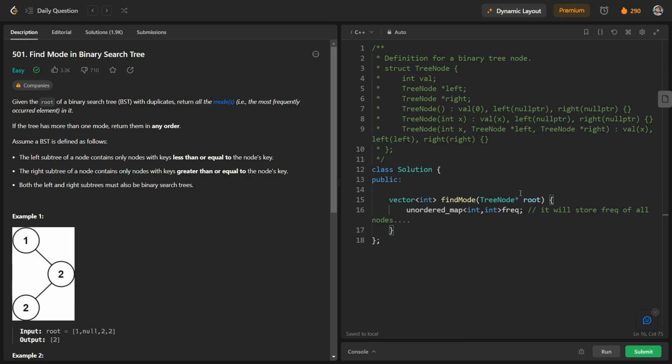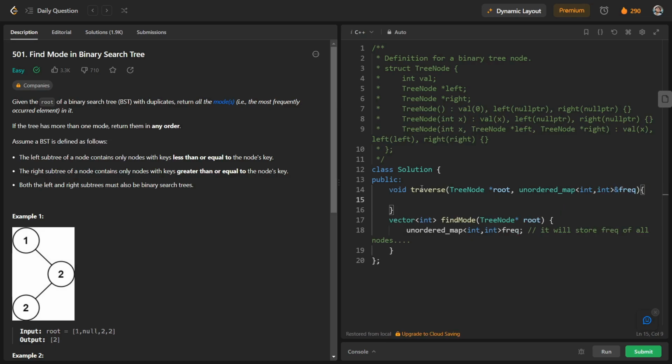For this we will have a traverse function here, a void function traverse, which will have parameters TreeNode root and this unordered map of integer and integer, frequency. Okay, so if the root is equal to null, we will just return from this function.